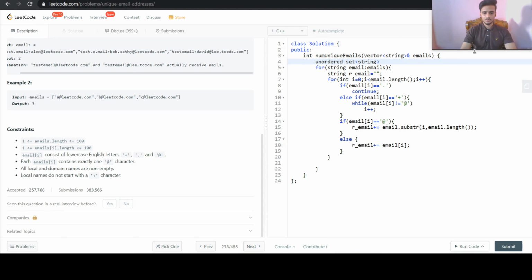So we will store all the email addresses in the set and then return the size of the set. So set.insert the resultant email, and at the end we will return set.size.